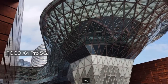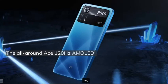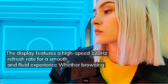Poco X4 PRO 5G. The all-around ACE 120Hz AMOLED. The display features a high-speed 120Hz refresh rate for a